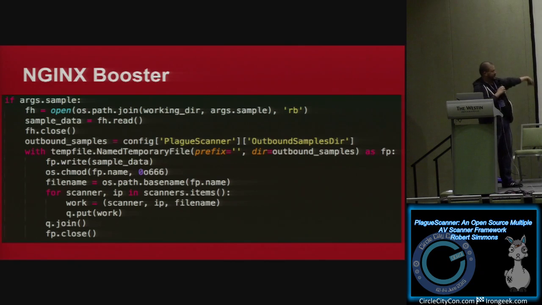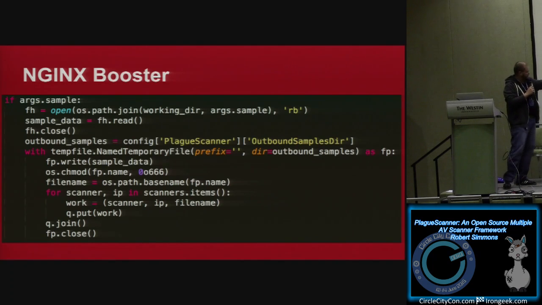And I don't have to generate a random file name, so there's no way that anything will conflict with another file name, because Python handles creating those random file names itself and making sure they're not going to collide. And then down here, this is where the data gets jammed into the queue,